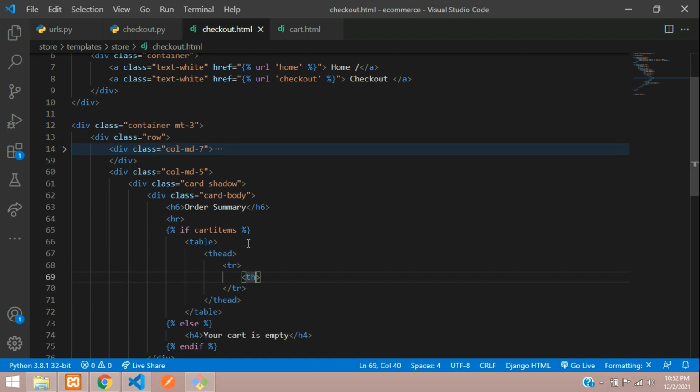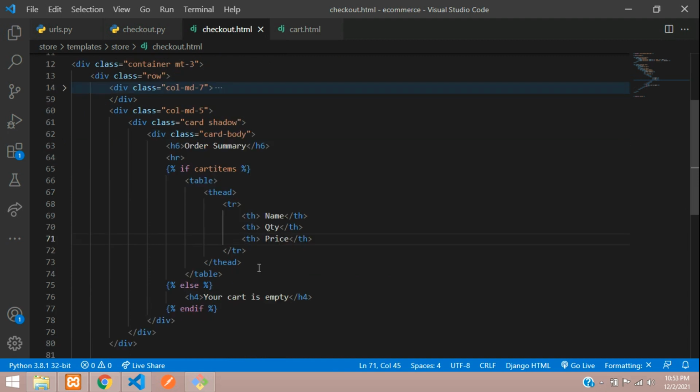Just copy that and paste, and here we'll have the name and the qty, and then the price, and then just below the thead we're going to open the tbody, copy and paste,